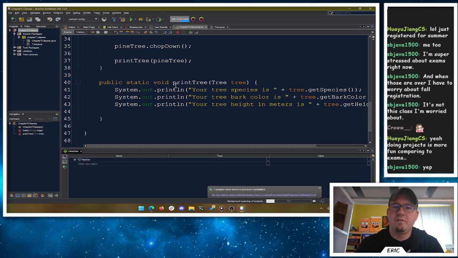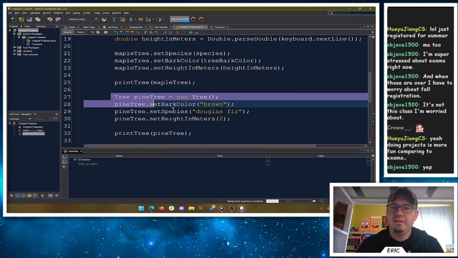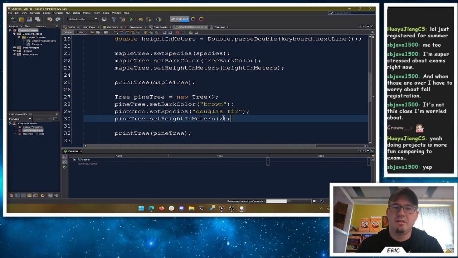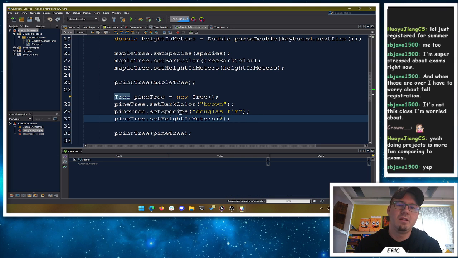So we've played around with our tree class here. Now this here is a little bit tedious, and when we think about trees, and again, this is going to depend on your class and what we're trying to define. It's not necessarily something we do every time, but it's very common.